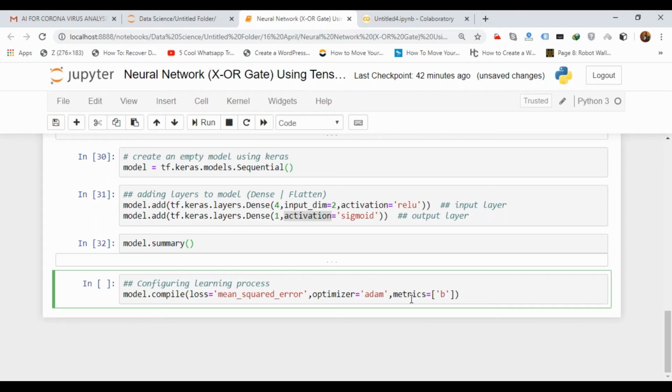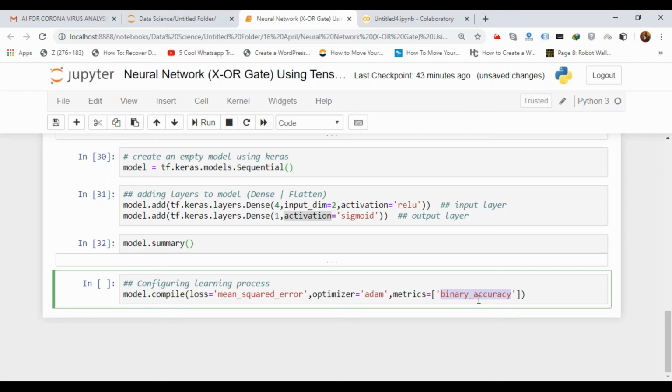So I will write binary_accuracy here. It's a predefined keyword. Here you can use accuracy also, but later we are going to plot on the graph also. That's why I'm taking binary accuracy here. If you take simply accuracy, it can't be plotted on the graph. So that's why we are taking binary accuracy here.